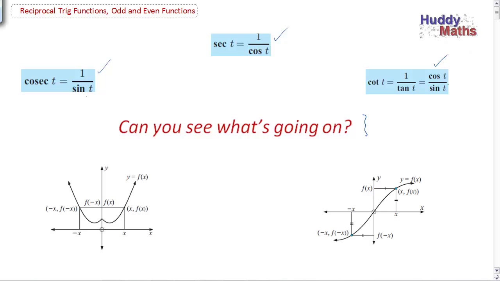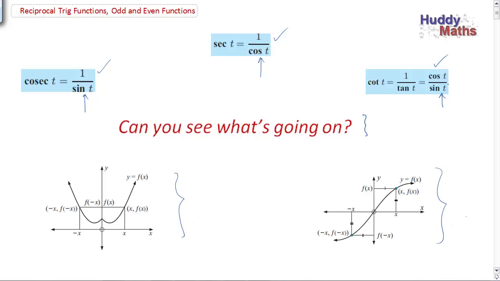And I think you can see they're going to have some problems from these denominators, because they're not going to be everywhere defined for all t, are they? Because you can't divide by 0, so that might be a starting point or a point of interest to get started with these functions. And then down the bottom, odd and even functions, that's got something to do with these